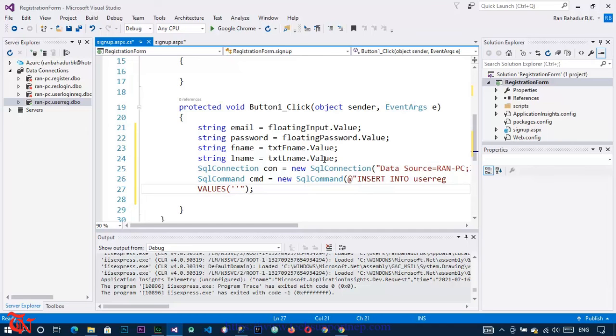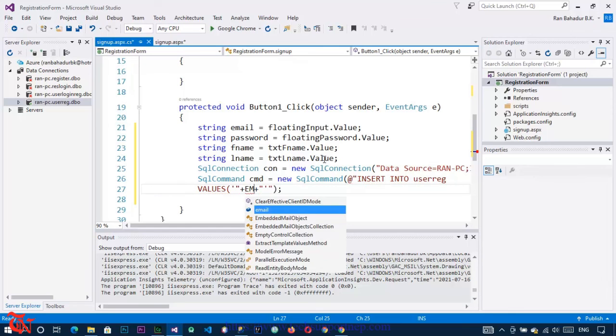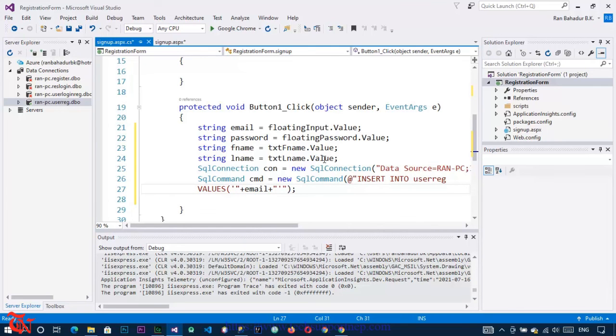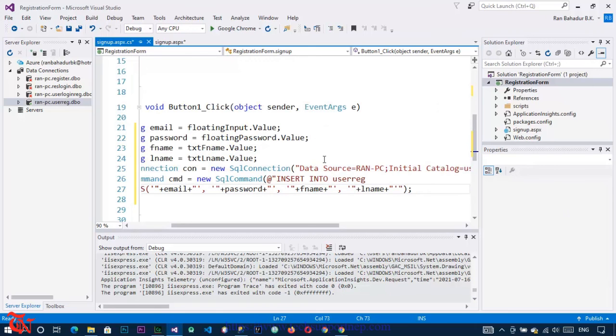First of all, two single quotes, inside the two single quotes, two double quotes, two plus signs, and here goes email. And a similar process, here goes password. Similar process, here goes fname. Two single quotes, two double quotes, two plus signs, here goes lname. And now